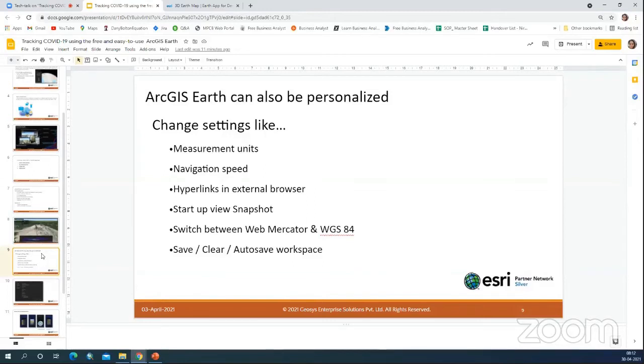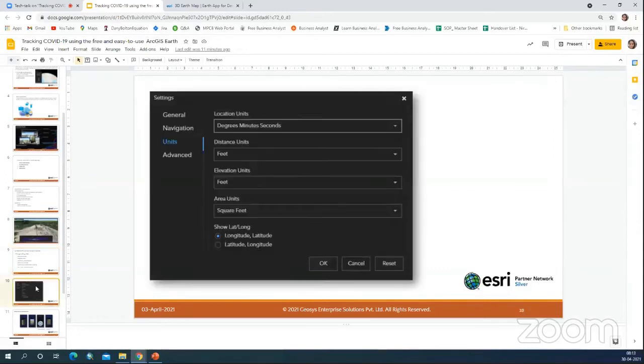You can change between Web Mercator or WGS84, you can save the features, and you can bookmark places that you frequently visit. So if you see here, there are a lot of things that you can actually change. Here you have the location, you have the distance unit, so you can change it as per your requirement.